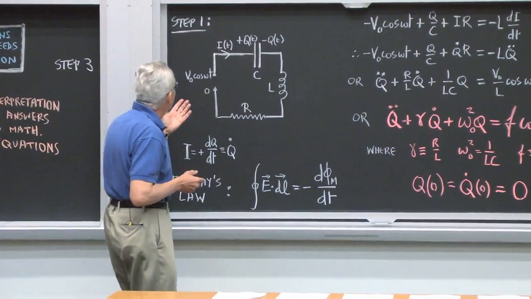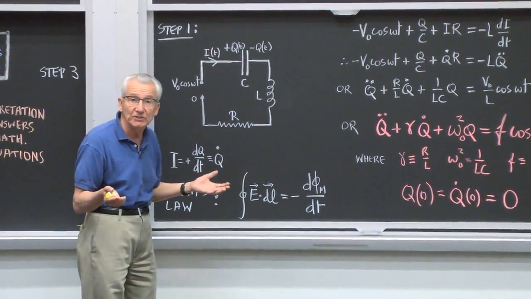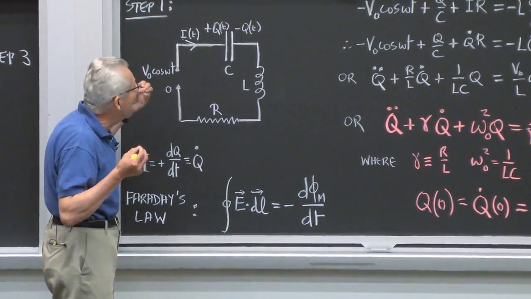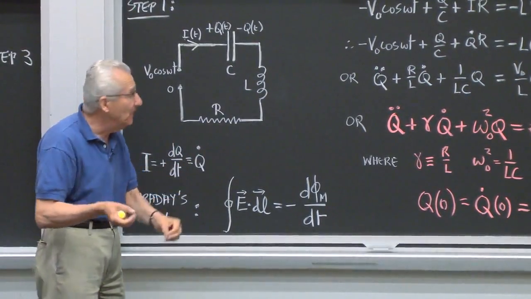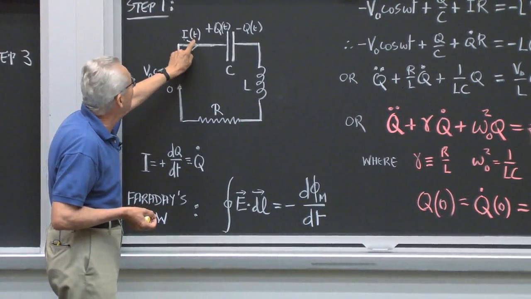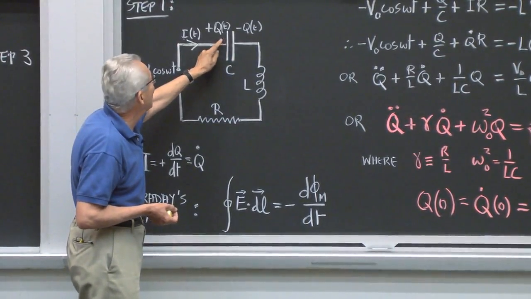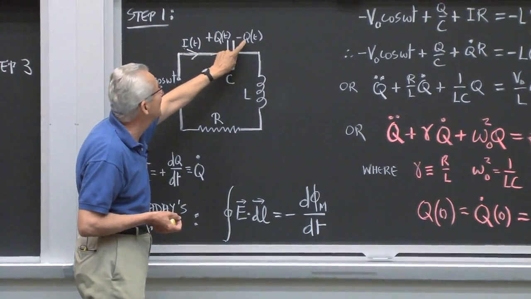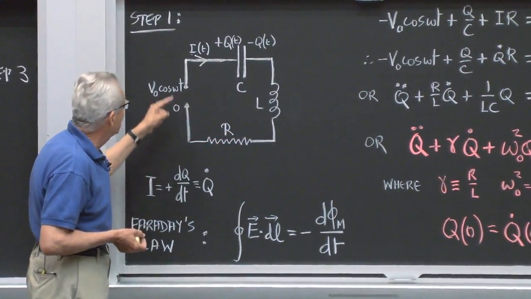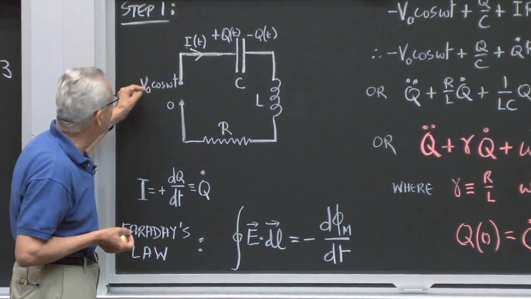So in the case of this problem, I have to define coordinates. Assume that at some instant of time, the circuit is closed because it's past t equals 0, and there is a current I flowing. On the capacitor on the left, there is a plus charge Q and a minus charge Q on the right side. There is this inductance, and over here, we have an alternating potential applied.